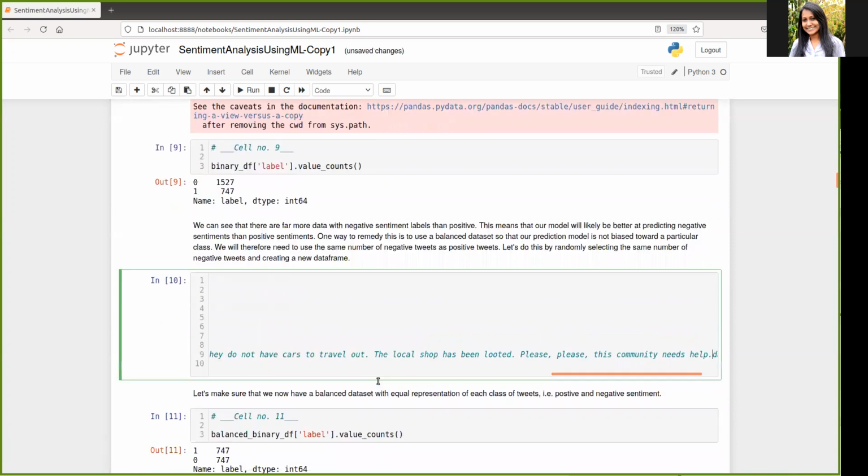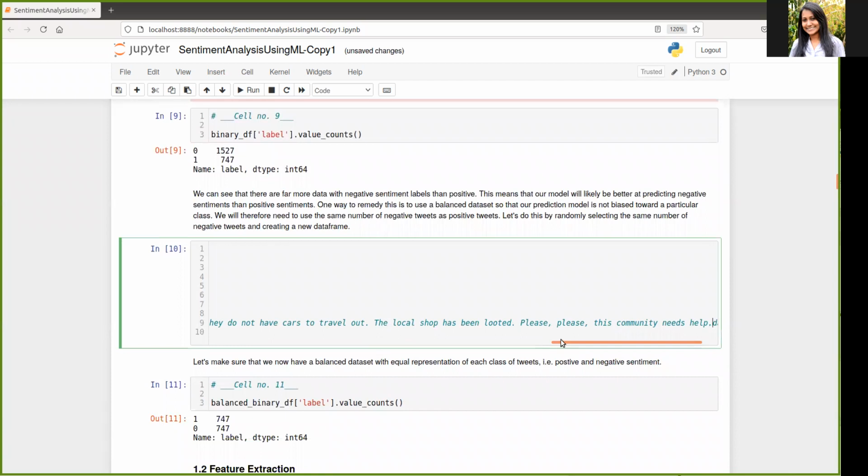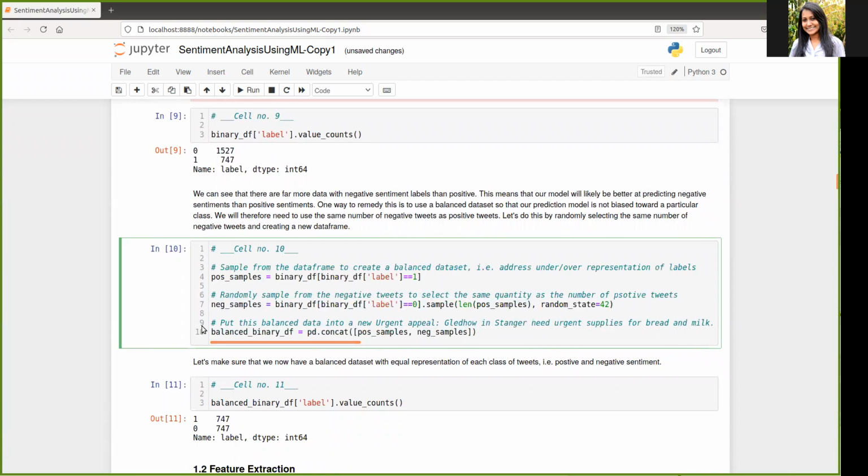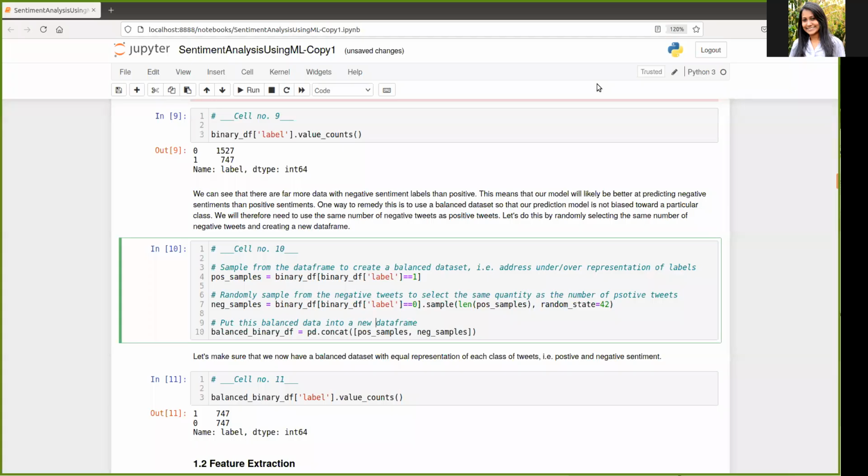What we do then is to try, oh, sorry, not sure what's happened yet. Let me just fix that quickly. Okay, sorry, I pasted something in here by mistake. All right, so